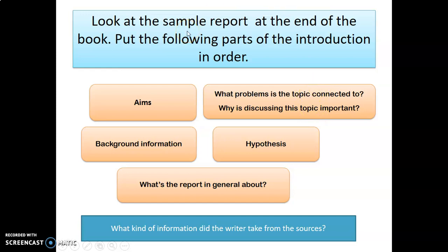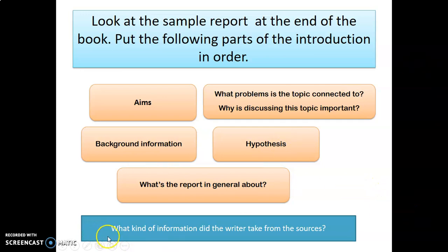It also can be found at the end of the book. Please take a look at the introduction of the sample report. Read that introduction and find these different orange shapes. So find these parts, you can highlight, underline, and put them in the correct order as they go in the sample report. You can pause the video and then we will discuss